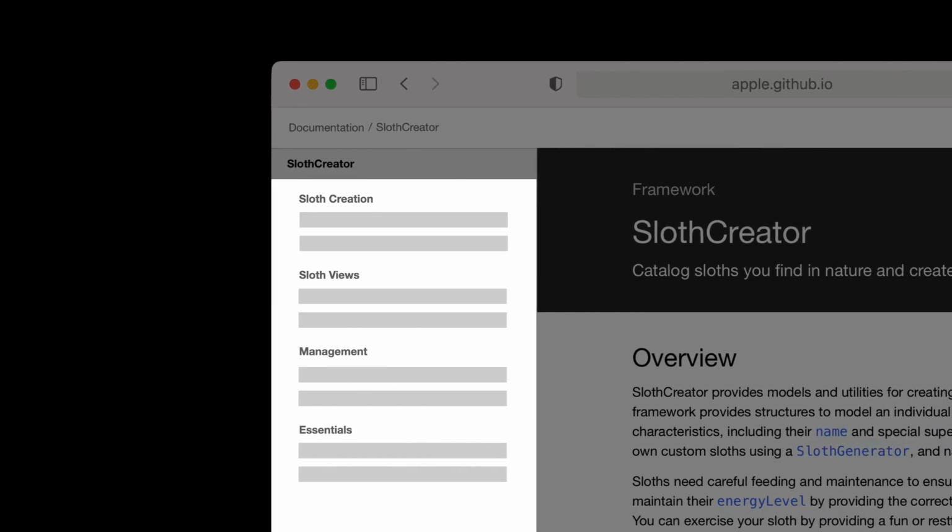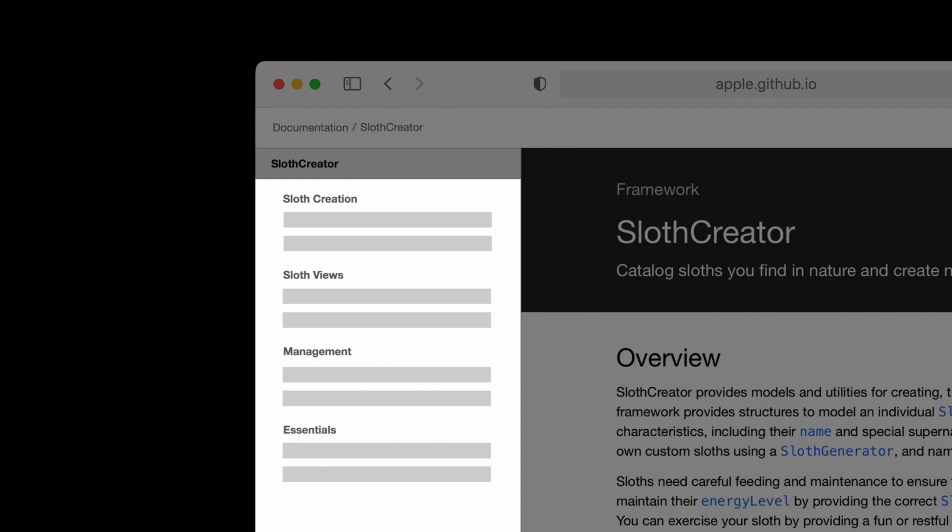Awesome. Even though there are hundreds of things you can do with Sloth Creator, I'm only highlighting the 4 most important overarching topic groups. By reducing the number of options that are available, I'm increasing developers' chances of successfully taking the next step. There's no magic number for how many topic groups I should create, but I generally try to stick to under 10 per page.